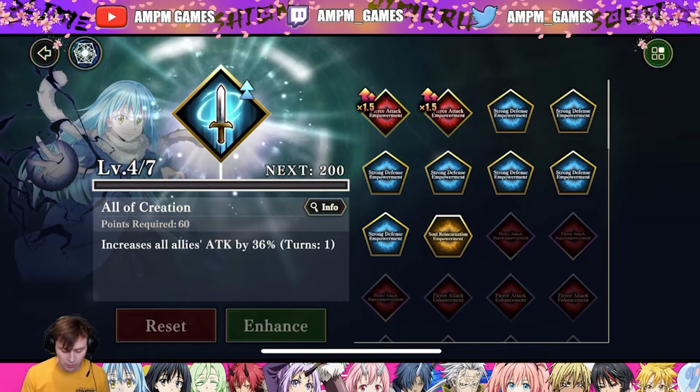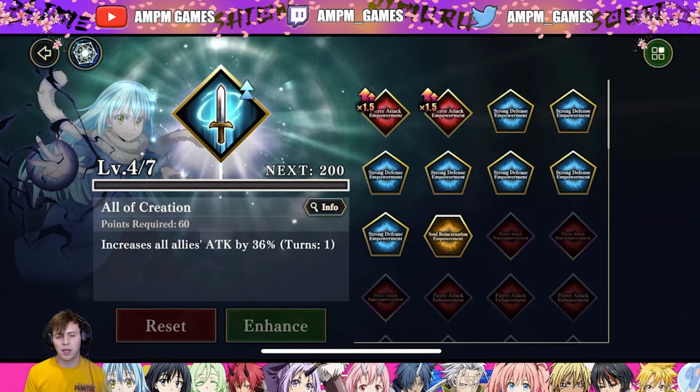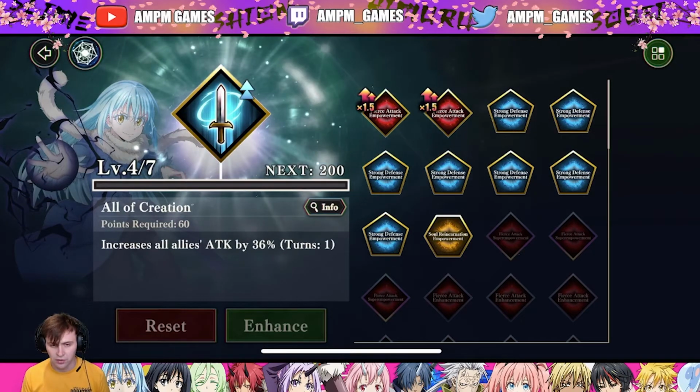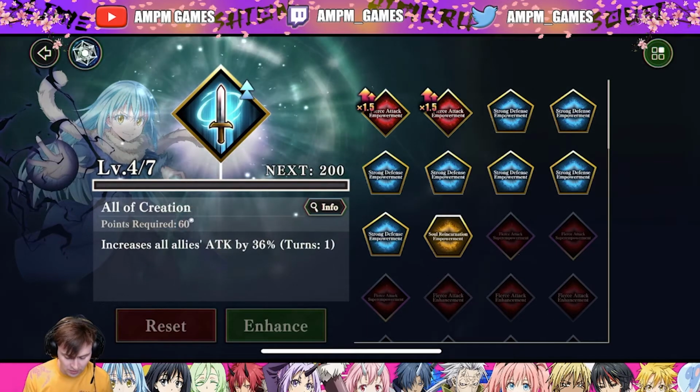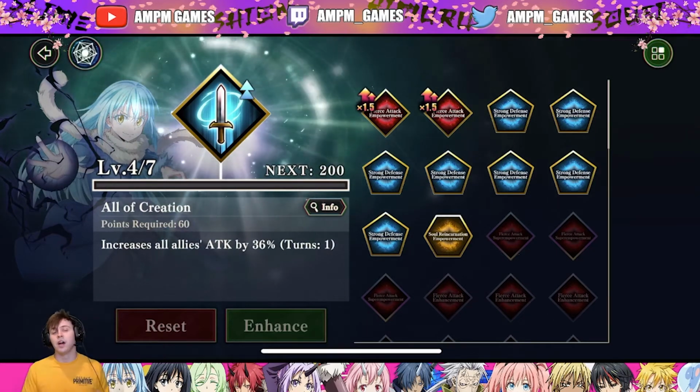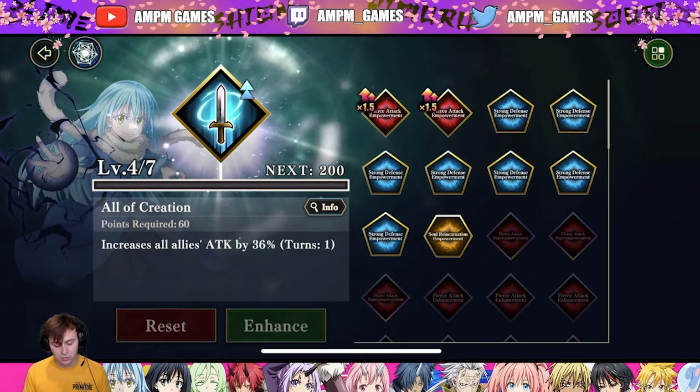Now, I will say, if you don't know what upgrading skills does, Rimuru increases allies' attack. Used to be, I think, 35% originally. I leveled it up. It's now 36%. Also, it decreases how many points are required. You can see there, it did cost 65 originally. Now it's 60. So it makes your skill cost in battle less,